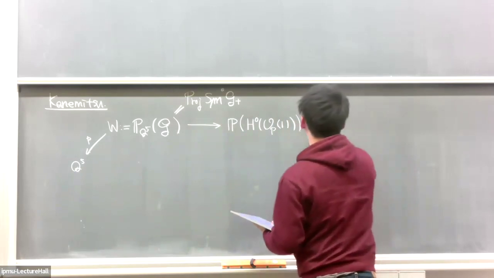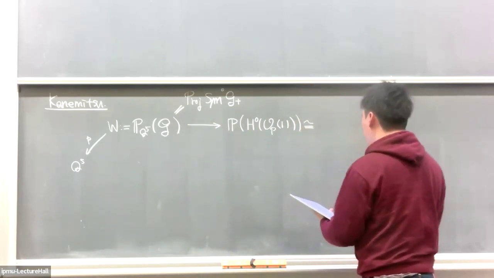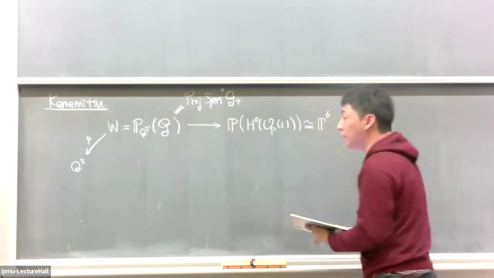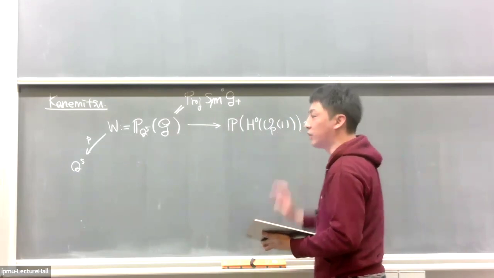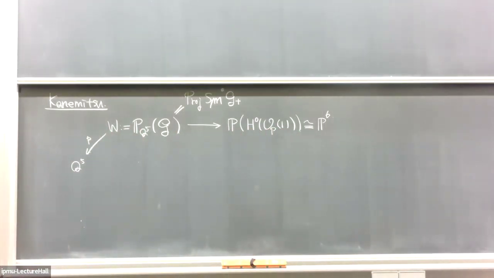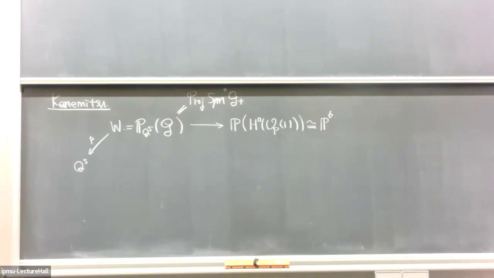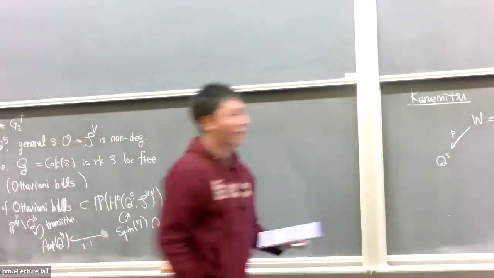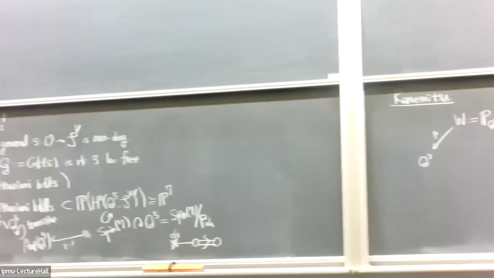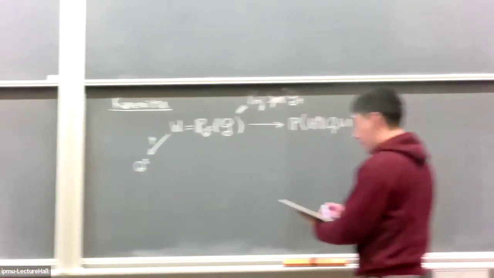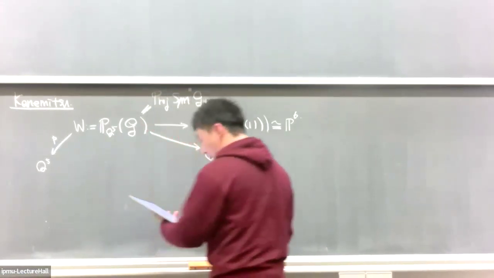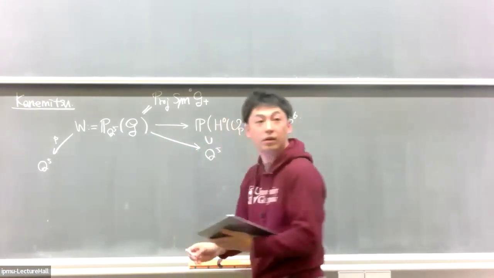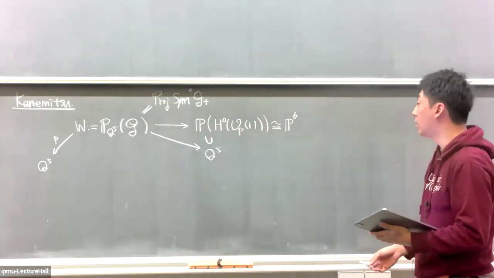The global sections of the divisor are equal to the global sections of this bundle G, and this has 8-dimensional global sections, so 8 minus 1 gives 7, and because I took the projectivization, this is isomorphic. And the image is